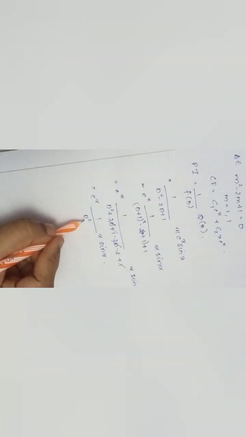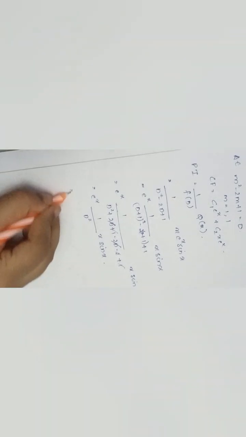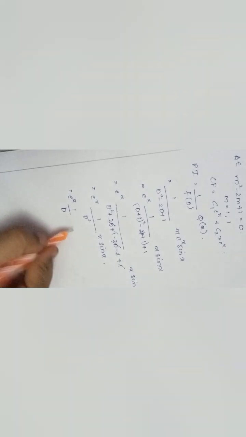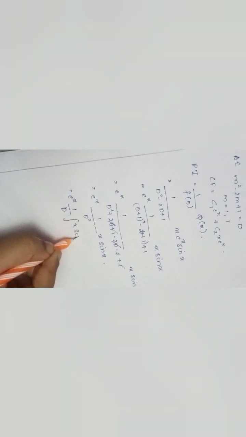I told you, if there is d in the numerator, that means differentiation. When it is there in the denominator, it is integration. So e raised to x, 1 by d square, so we have to integrate 2 times. So it is x sin x, which is equal to e raised to x, here dx, which is equal to e raised to x into 1 by d, applying integration by parts, x into minus cos x minus